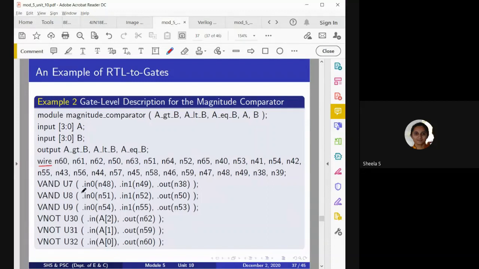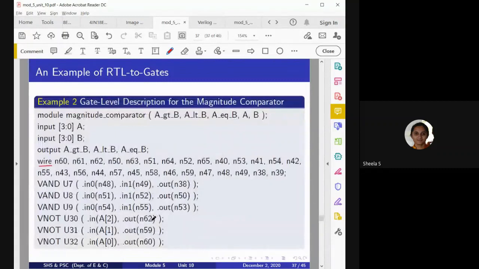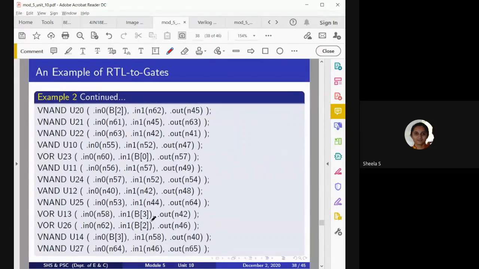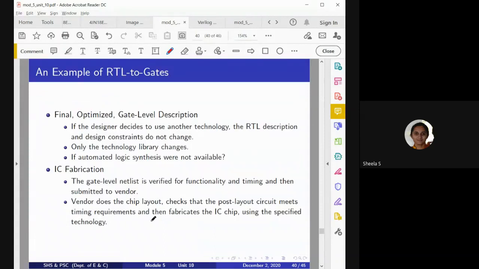Okay. And then the structural gate level description we want, isn't it? RTL description is this one. It is defined in example 1. But example 2 gives the gate level description generated by the synthesis tool. So it will consider what all the gates are. By using names, the connection has been done. What all gates it has used to perform the 4-bit comparator.